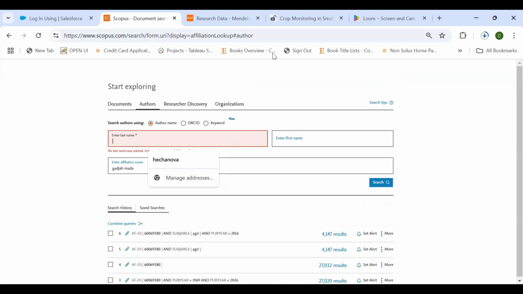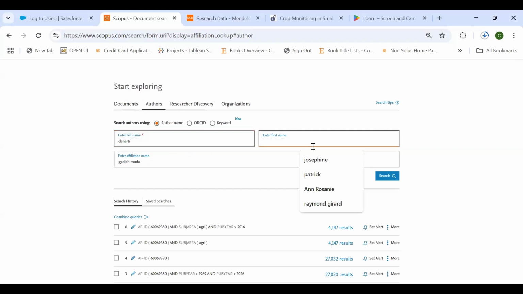Sorry, Ibu, the Danarti, with E, and the first name Retno.